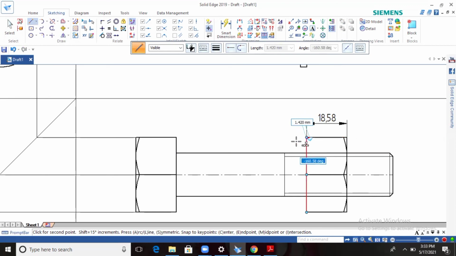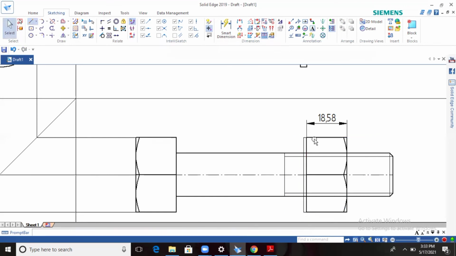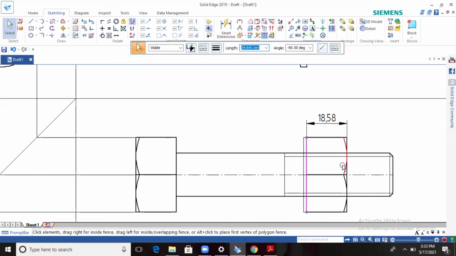Okay, this side you have to draw 20 minus 18.58, draw that length and project it downwards, mark it here. Okay, I'll select this line and delete. If you're mirroring, you have to adjust it.